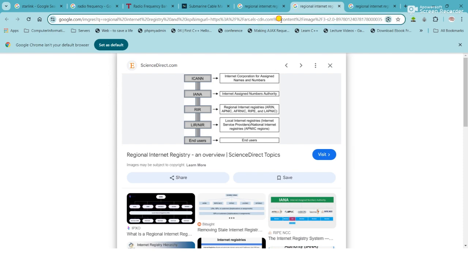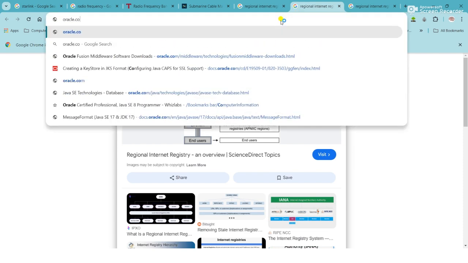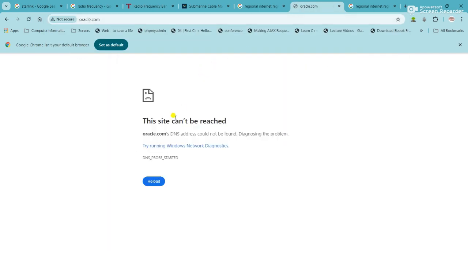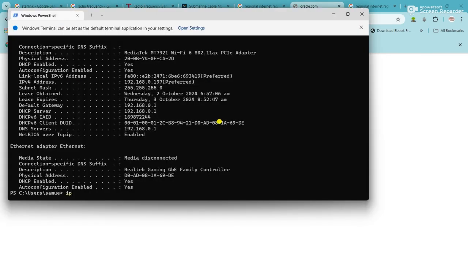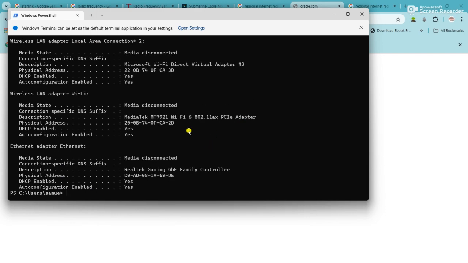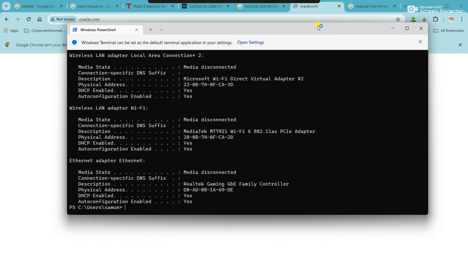If you go to oracle.com, you realize that it will tell you that this site can't be reached, all because you do not have an IP address. And when I say you do not have an IP address, you do not have internet, you're not connected. You haven't joined an internet service provider, or you are not registered with one, so you can't access that information.